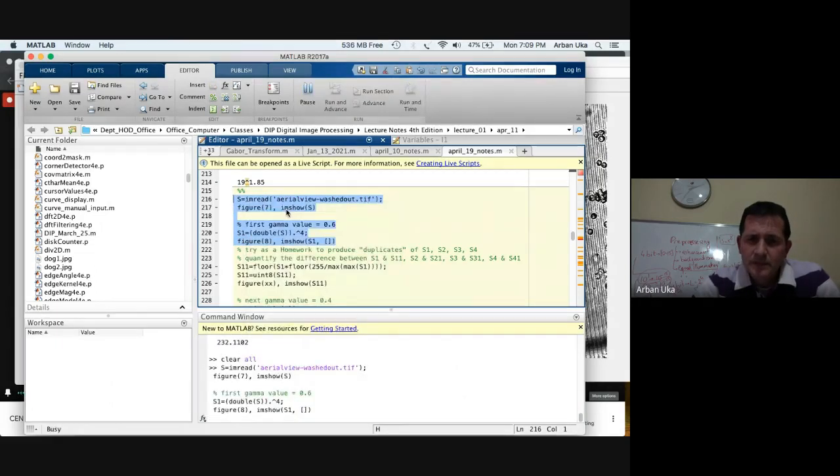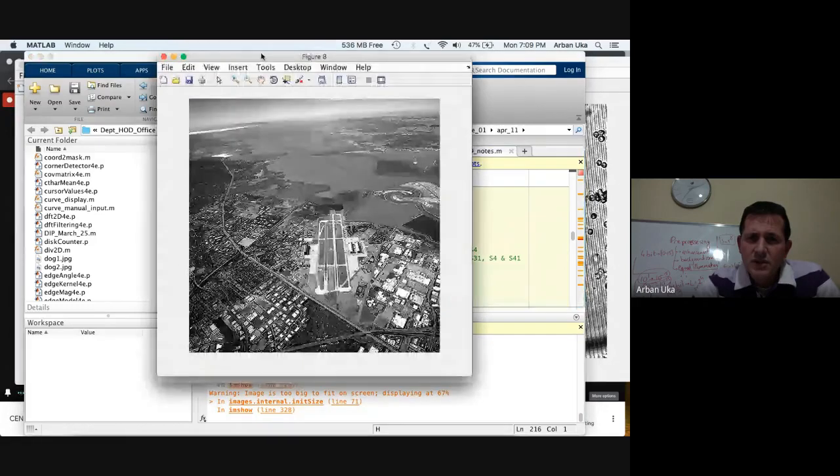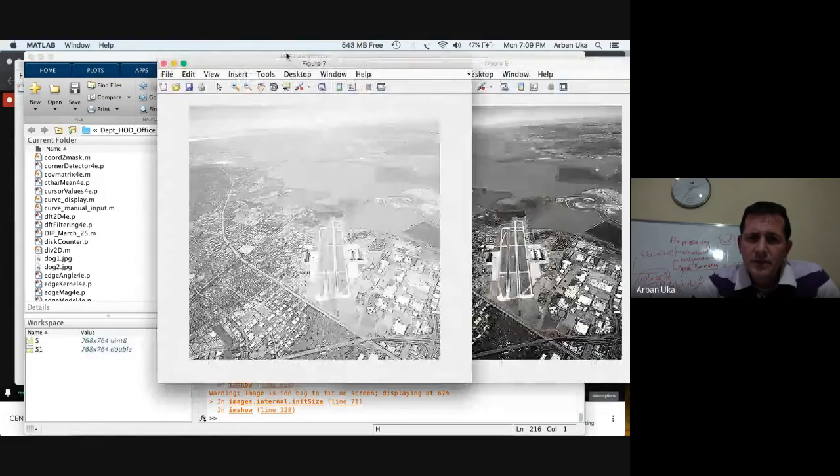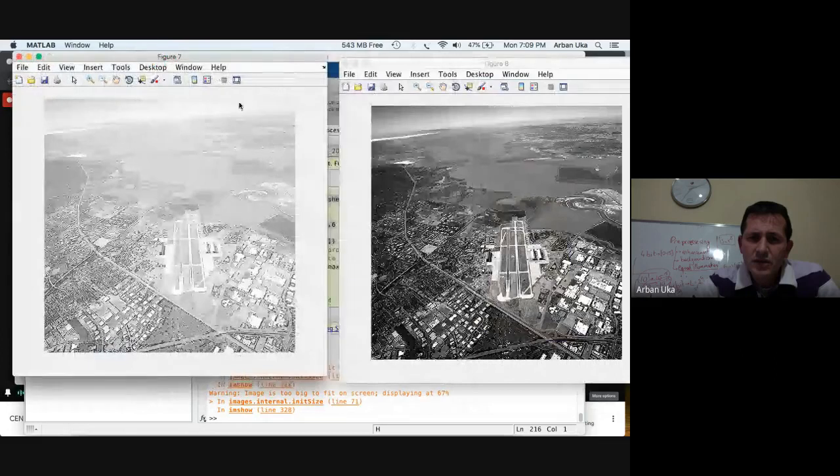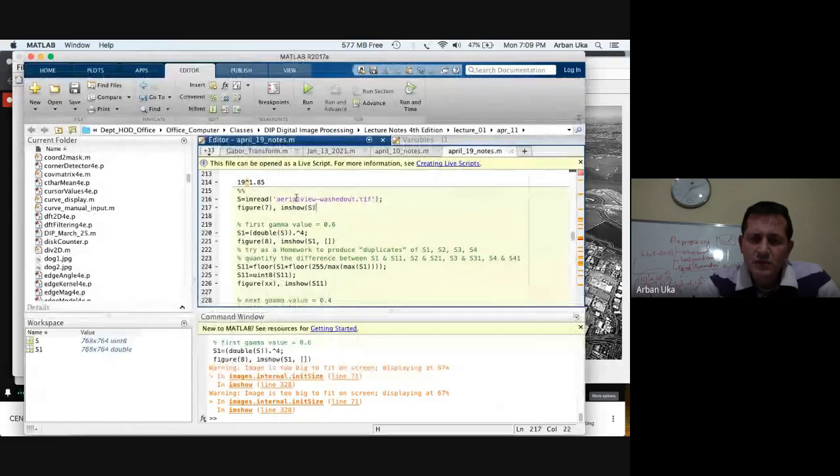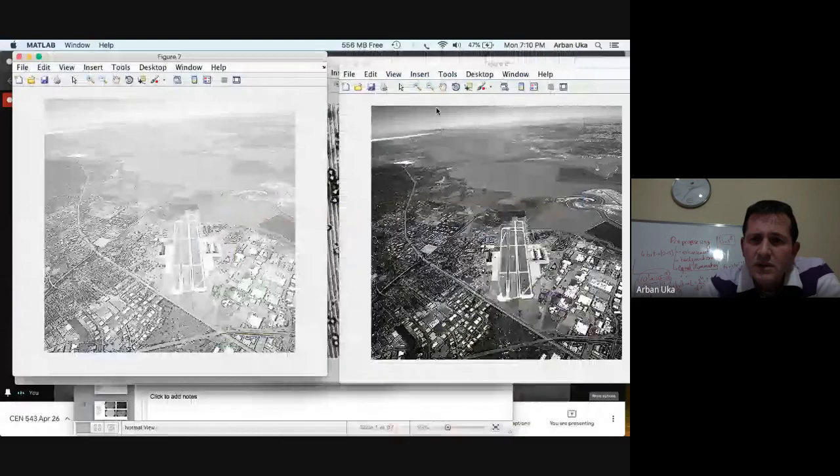So let's see. We need an image. This is a good example. We have an image which is initially the image S, an aerial view, probably taken by a drone or something similar, and we can assign a gamma value. The original image S to the power 4, and we get S1. And now S1 is this image 8.